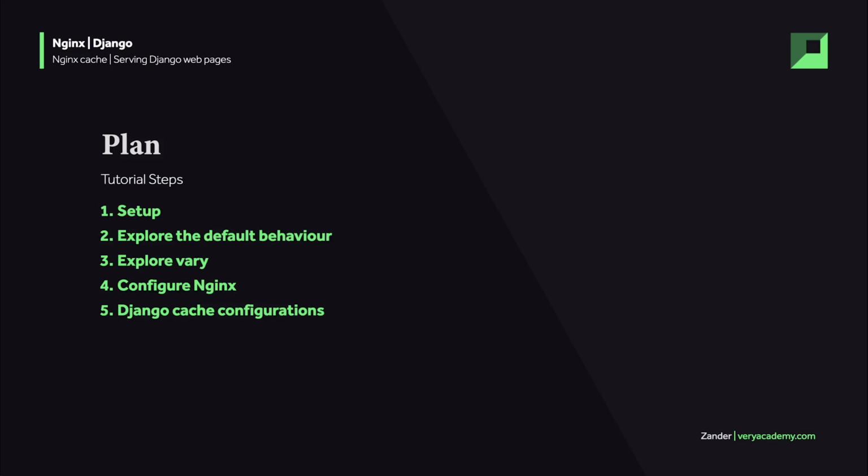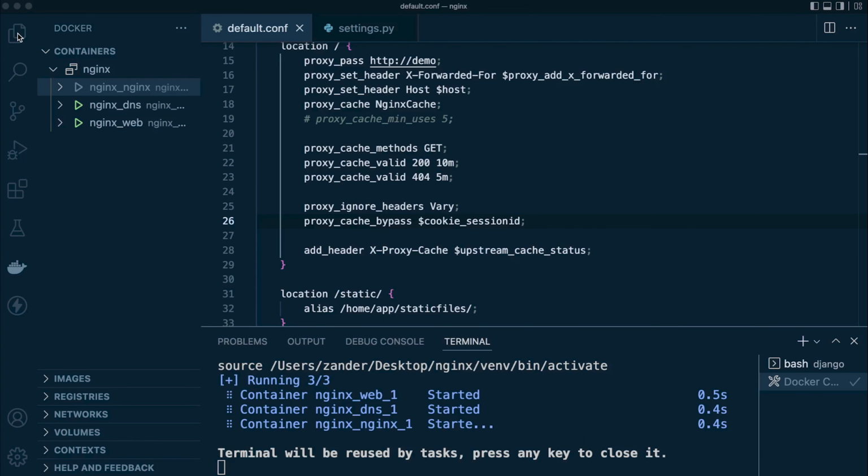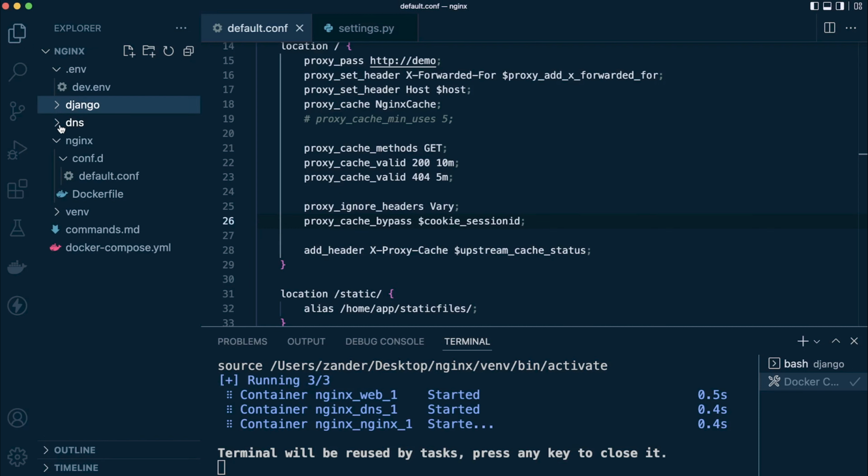The final section of this tutorial, we're going to discuss how to manage and control cache from a Django project. So not only can we configure cache control from Nginx, we can do this also within Django. Because you may have ultimately a setup where there are multiple cache aspects of your setup, it can be more preferable to configure cache control actually within your Django project. So let's take a look at some of the basic settings that Django provides us to manage the vary header and cache control. So for us to be able to do this, we're going to have to create a new